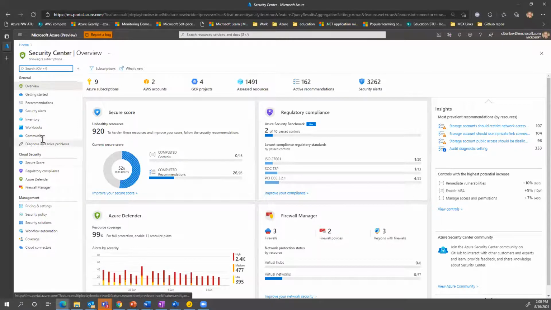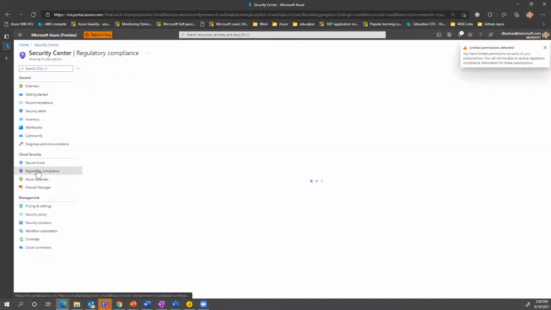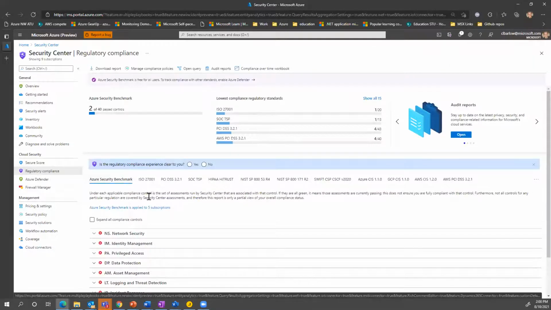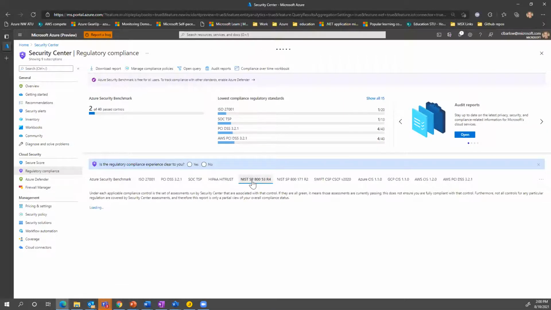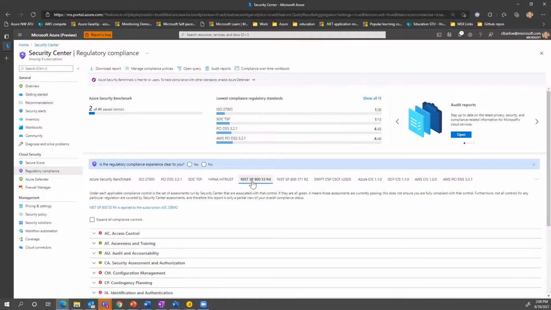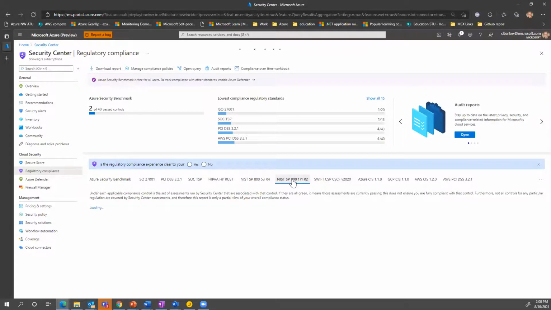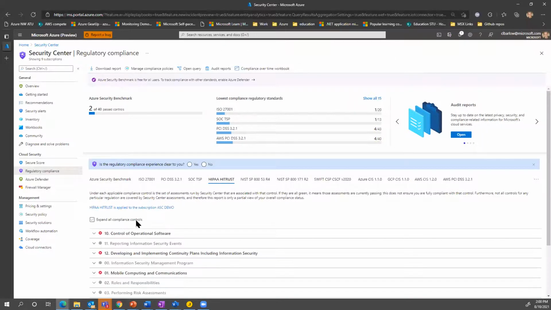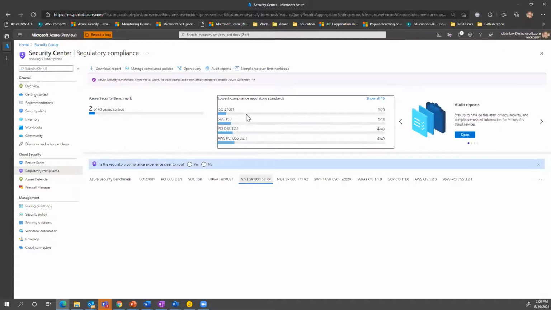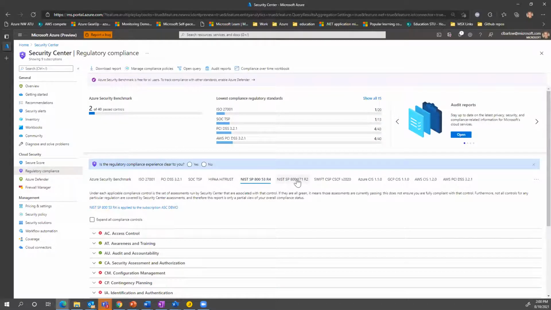So, anyways, I want to move on a little bit, and it's right around regulatory compliance. I can look at different regulatory requirements and have my environments evaluated against those requirements. If I'm looking at HIPAA, you're going to see the HIPAA control set, or the NIST 853 control set, or the NIST 800-171 control set.